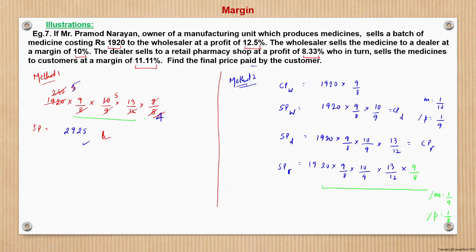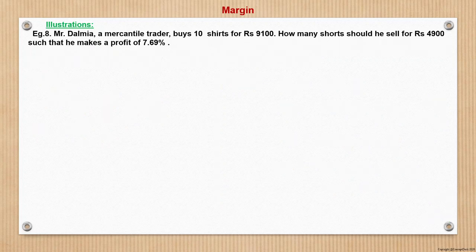This we can also solve by assuming the cost price to be X, and then following essentially the same thing in an even more nuanced and explained way. However, this is a very intuitive, simple and time efficient method. This we should use whenever a question of this sort comes. All the problems of profit and loss or percentage can be solved using this multiplying factor method, right? So that is something which is recommended.